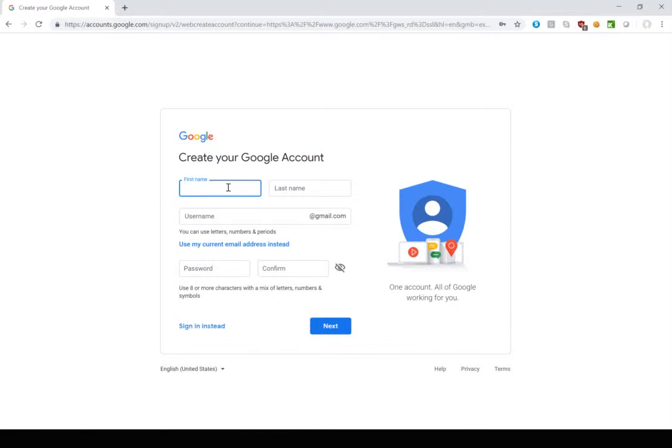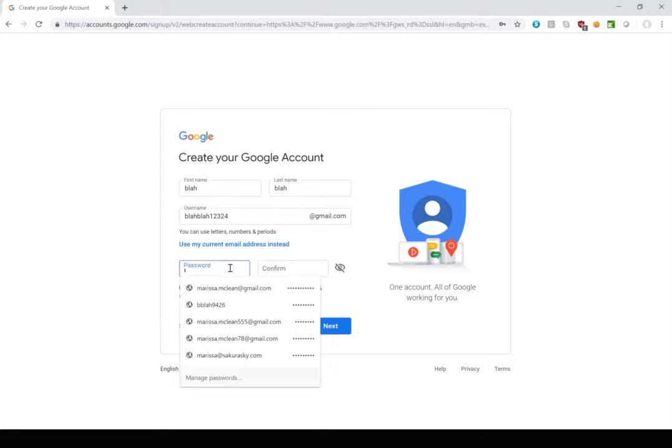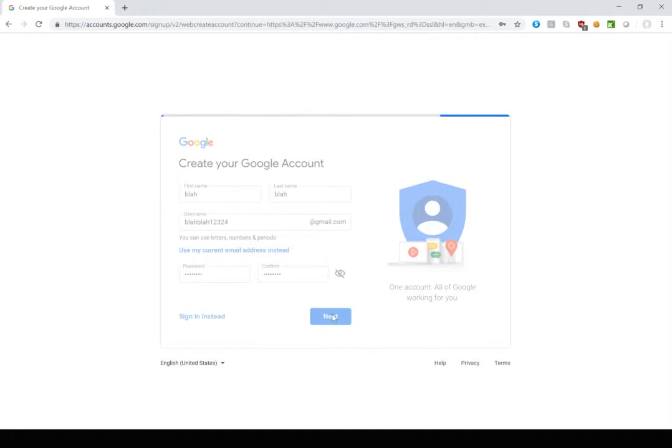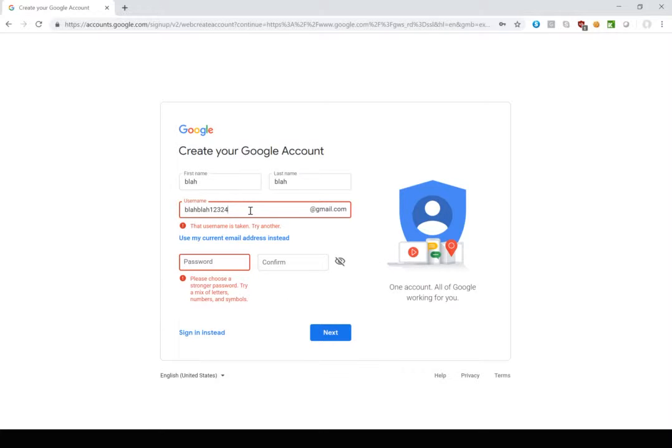We give it a name. Now I'm just being silly, so you can put in your real name obviously, and then give it a password, something you'll remember, and click Next. And the username's already taken, so